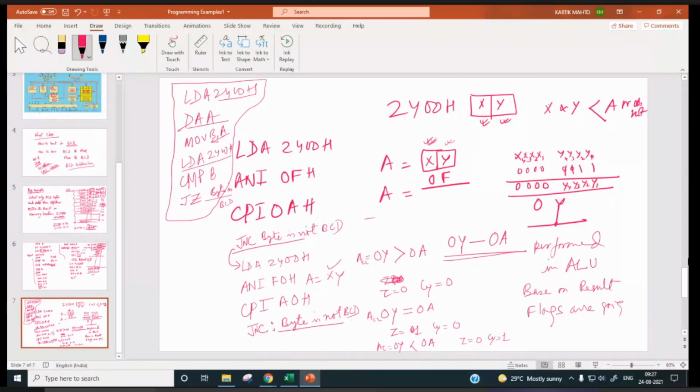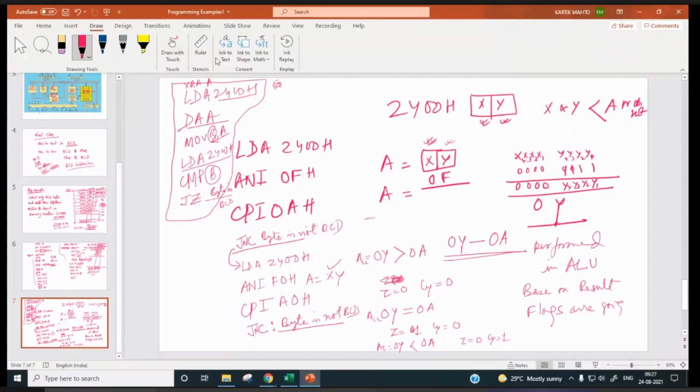So it will compare the content of B with the content of 2400H, and the content of B is nothing but the value after the DAA operation. Before this, we have to clear the flags also, so XRA A you need to do.